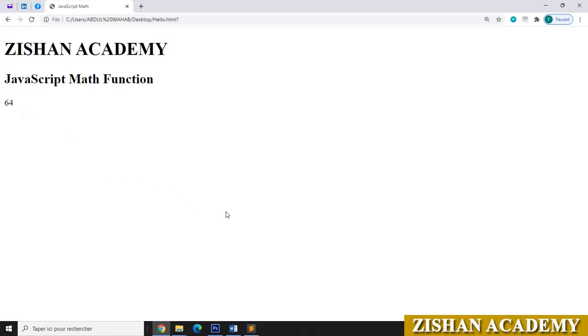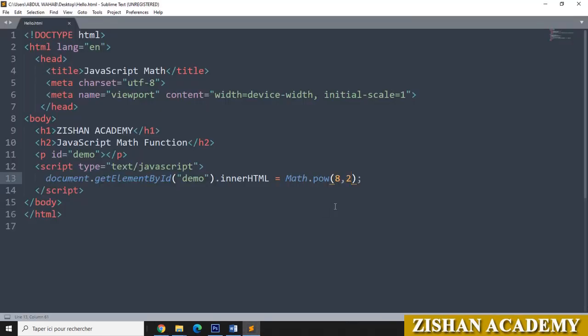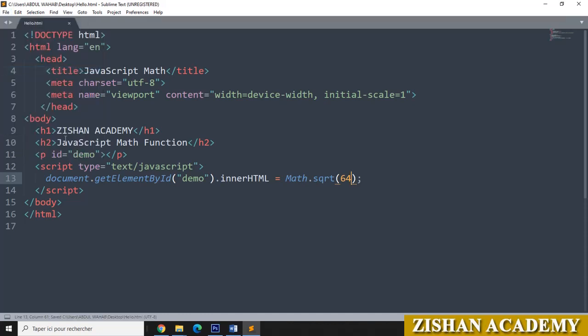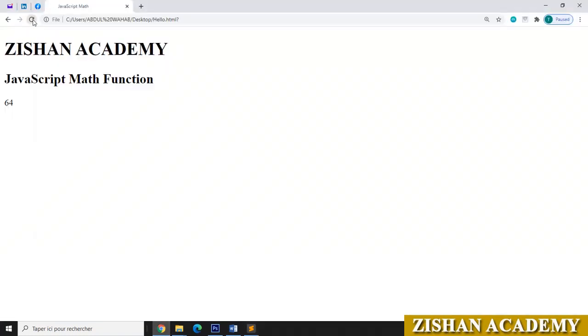You will go for another function, go to the editor, we will go for sqrt, square root. Square root of 64 we will see. Go to file, save the file, go to the browser, refresh the browser.